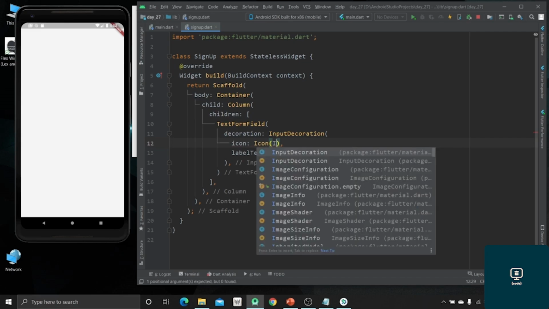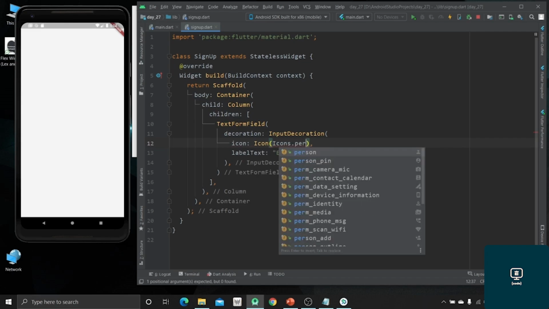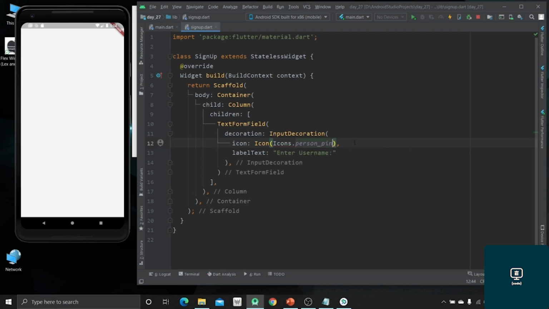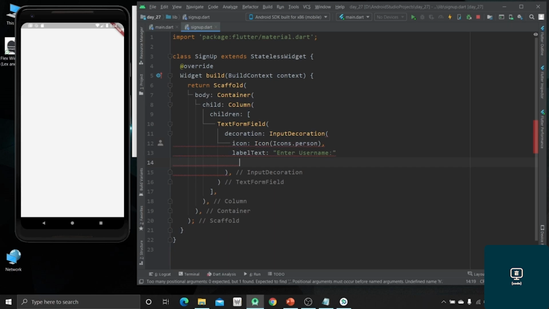For that, Icons.person, and we can use any of the icons like person or person pins. I'm going to use the person icon. Now I am going to specify hint text also. So just hit hint text and that will be user name or your name, anything that you like to give inside the hint. So this is the first text form